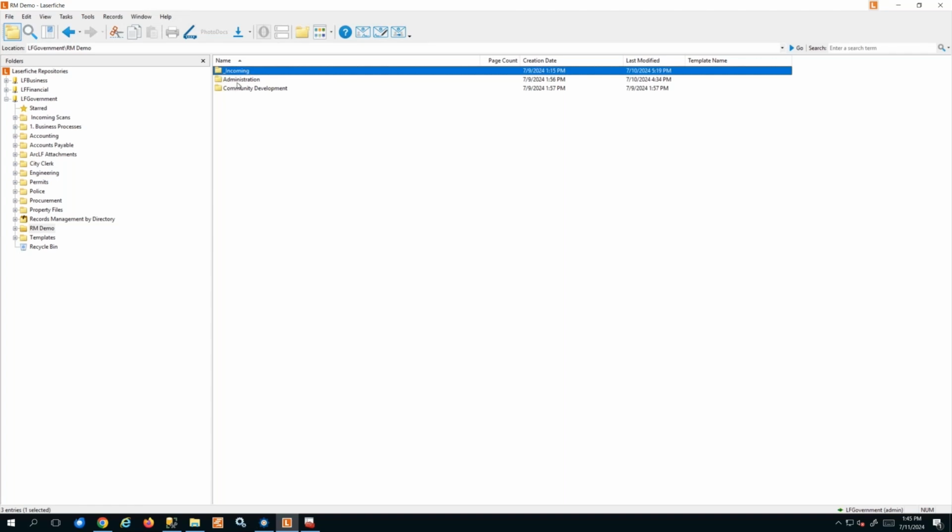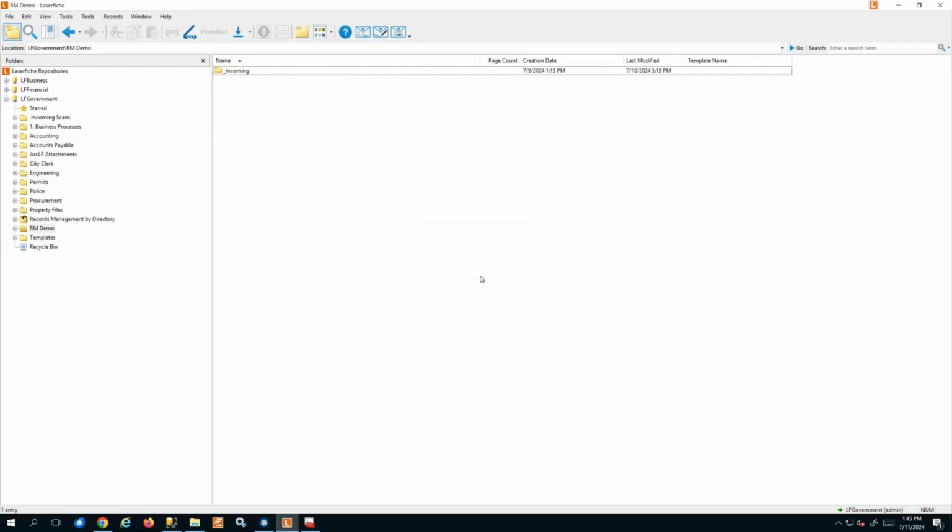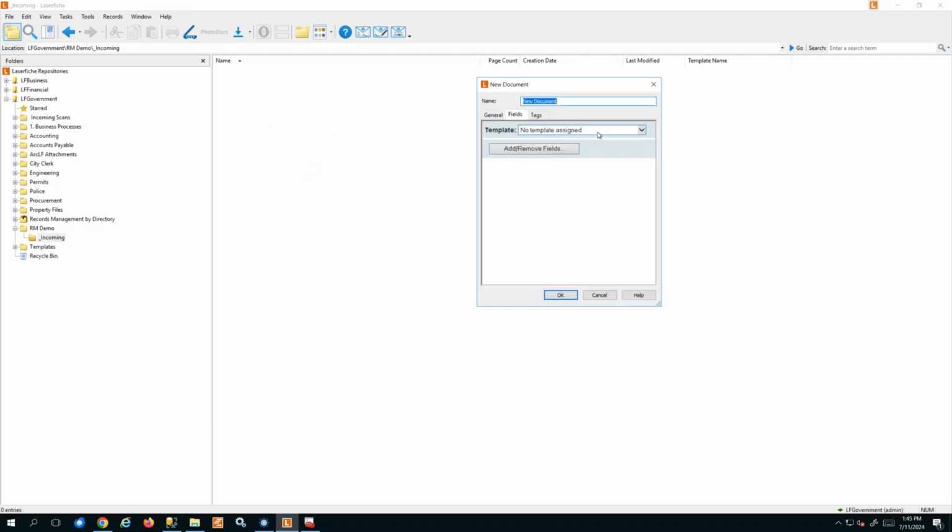So for instance, if I come into my incoming folder here, we're going to do a quick demonstration. I'm going to delete these two folders here just so we don't have anything in there already. You can see there's no magic here. I'm simply going to do what happens. No smoke and mirrors. I'm simply going to create a new document here in Laserfiche, and I'm going to use